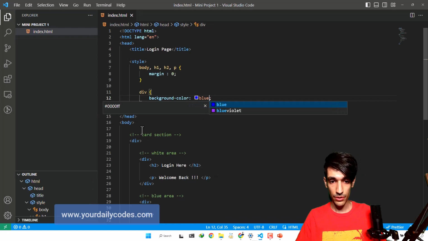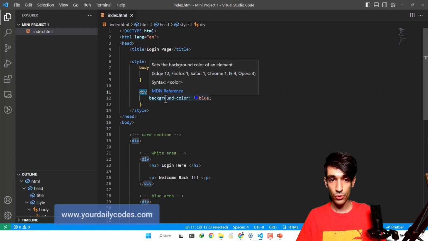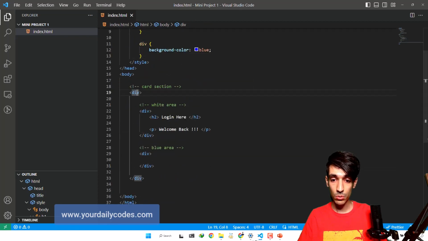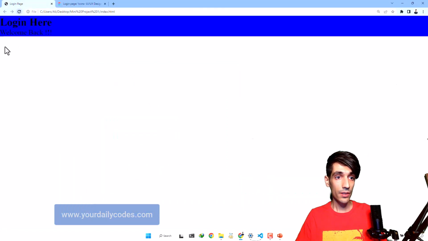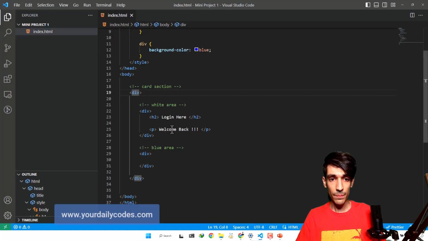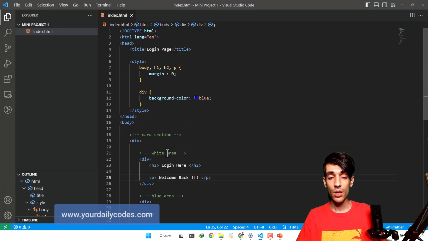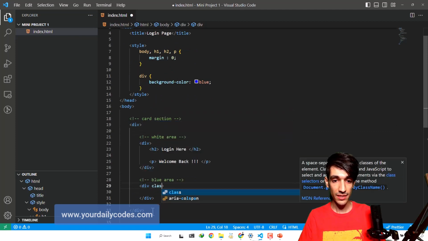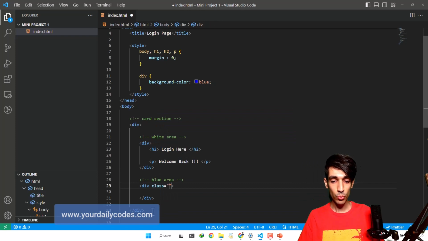But there's a problem with this. You see the problem? When I say div, the background color is blue, it applies this background color to all of the div tags. This tag, this tag, this tag. So what happens is everything becomes blue, and that's not what I meant. So there's something in CSS, it's called class. We can have a class attribute for anything that we want, class attribute, okay? And we can name it whatever we want. For example, John, okay? Or anything that we like.